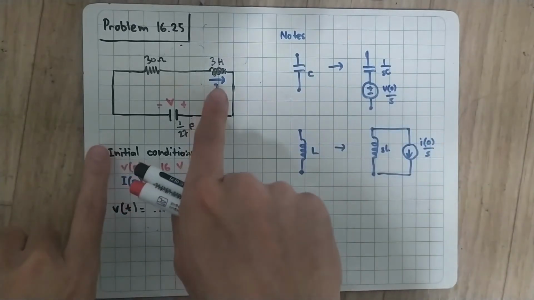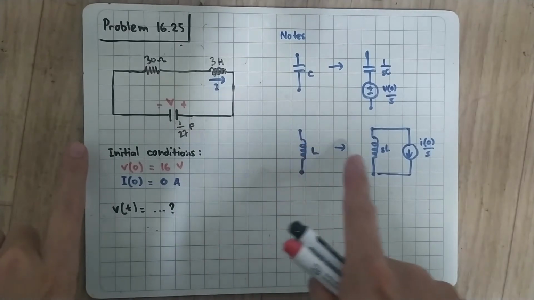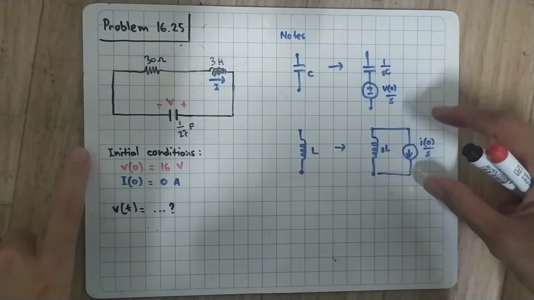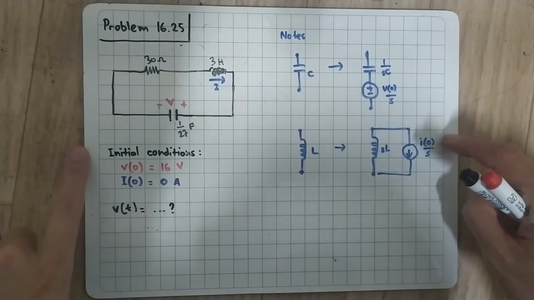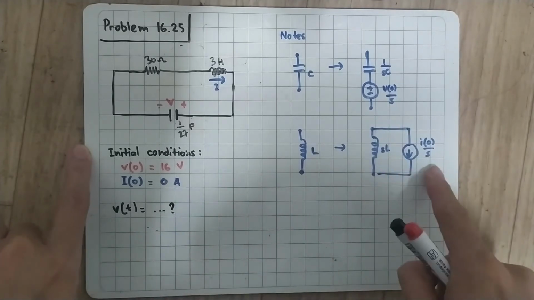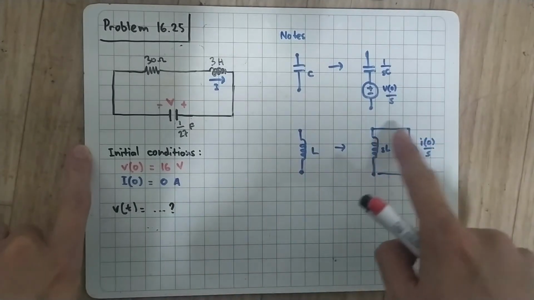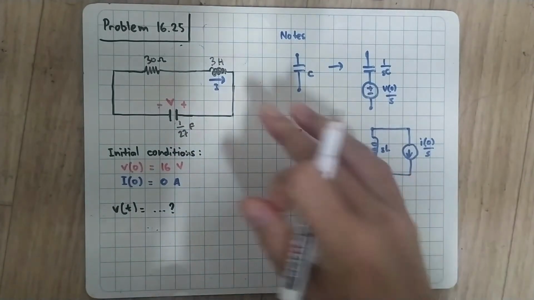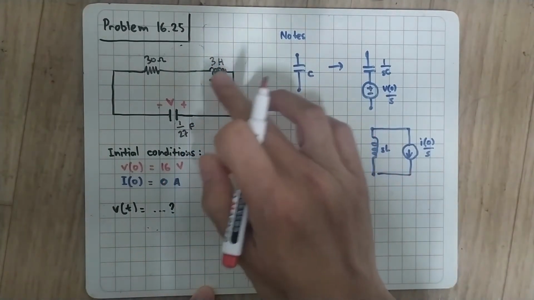So if we have an inductor, we have an inductor parallel with a current source, with the current source value I0 over S. But remember that I0 is 0, so this equals an open circuit, so we don't need to